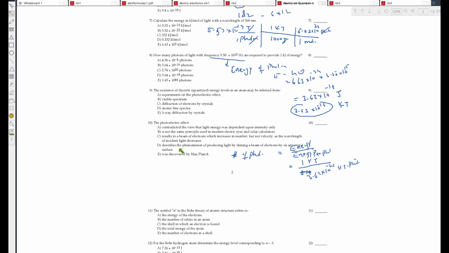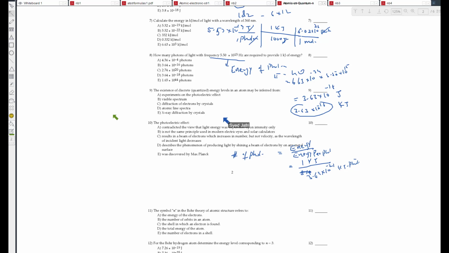Okay, now this is a theoretical question. Would we be able to stop after the second one, after 10? We'll do 9 and 10. Okay, I'm going to stop here. So I'll try number 9. The existence of discrete quantized energy levels in an atom may be inferred from experiments on